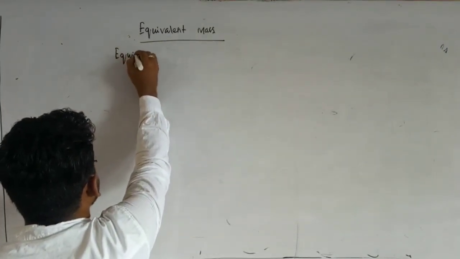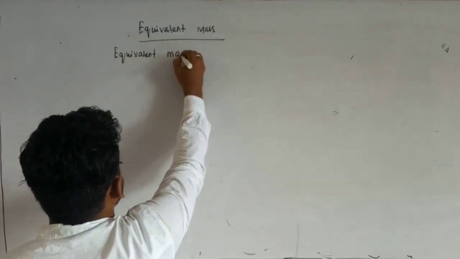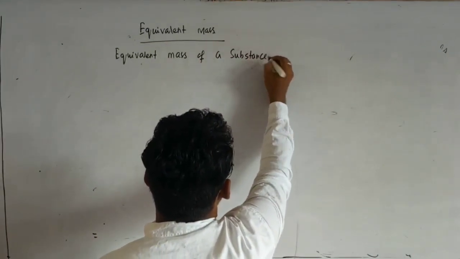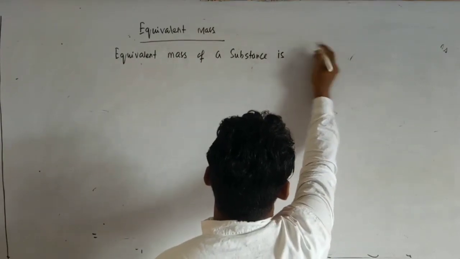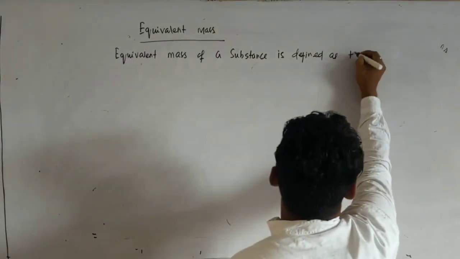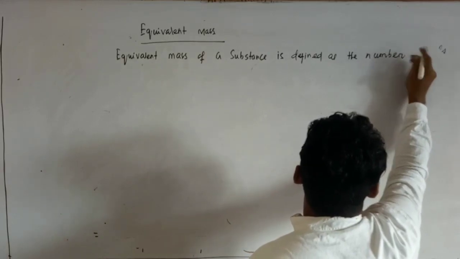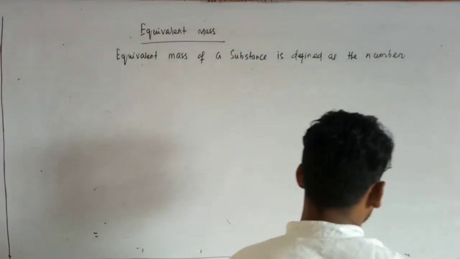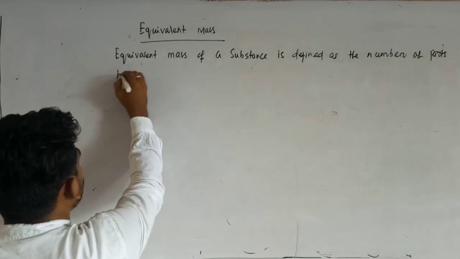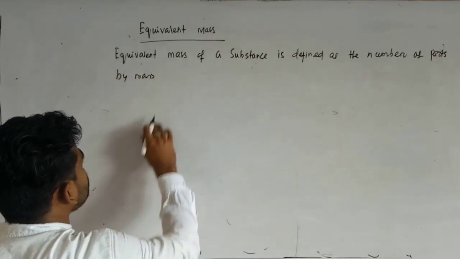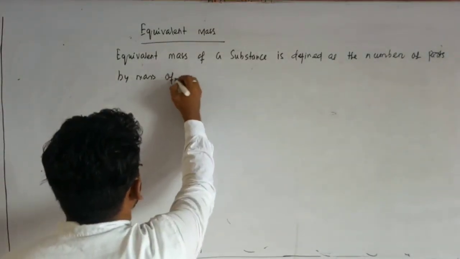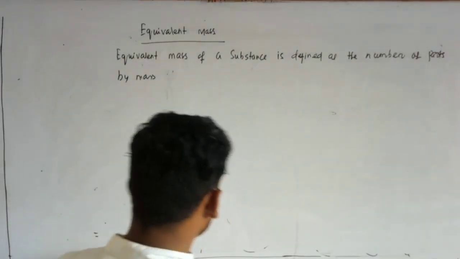Equivalent mass of a substance is defined as the number of parts by mass